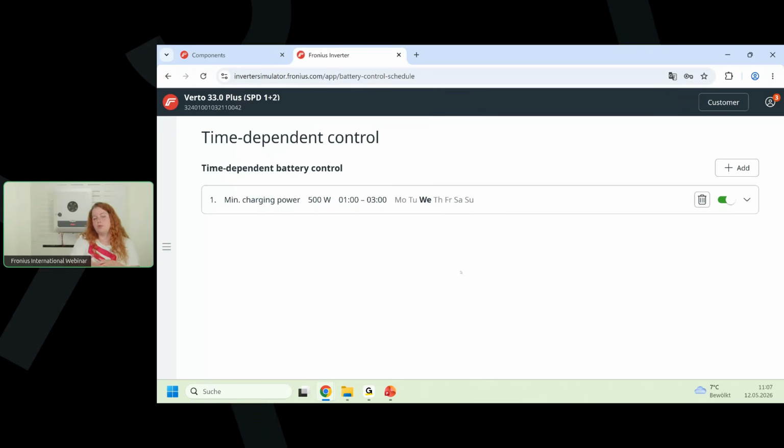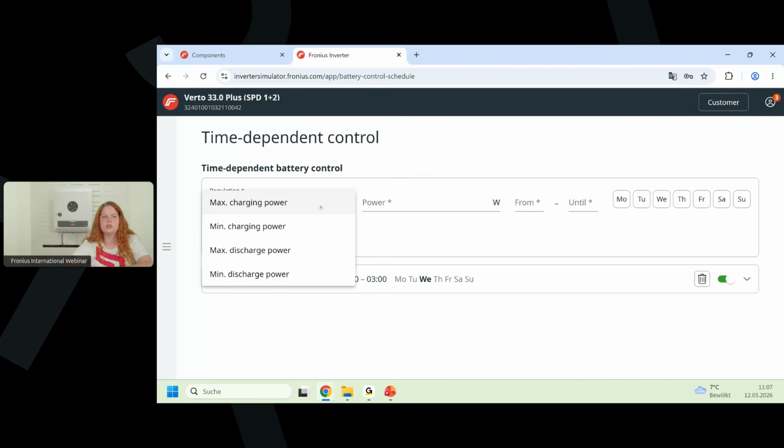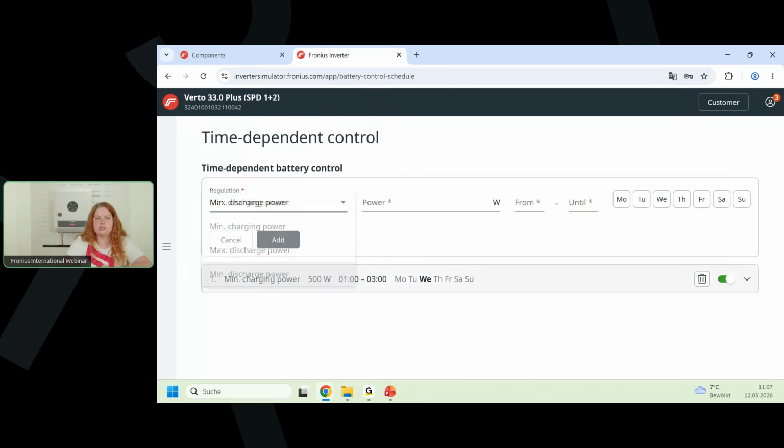If you're not using our energy cost assistant, here you are able to put in some time-dependent controls, so you can choose to charge or discharge your battery. Maybe if you know that feeding in is really good at the moment, then you put in a discharge that you want to happen, maybe 500 watt